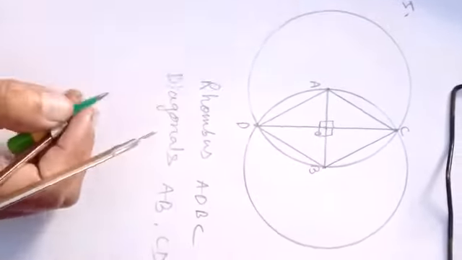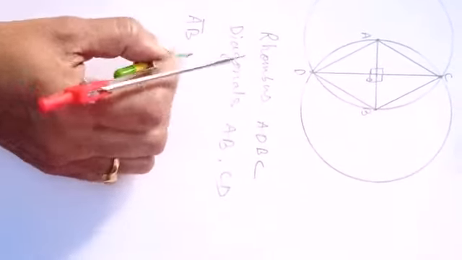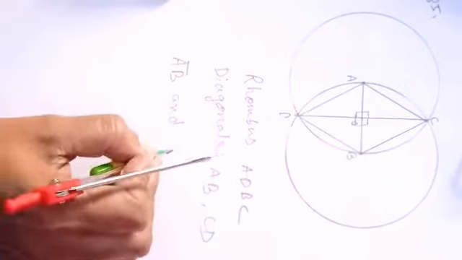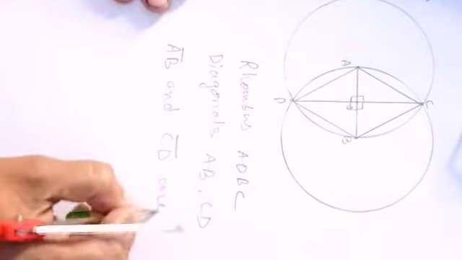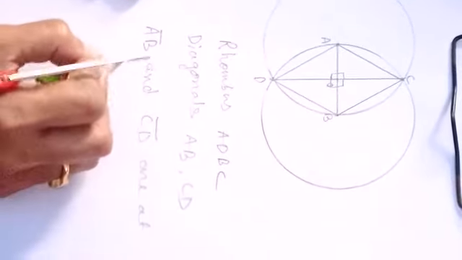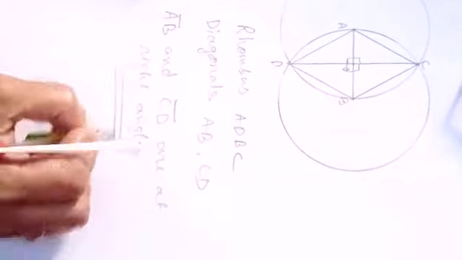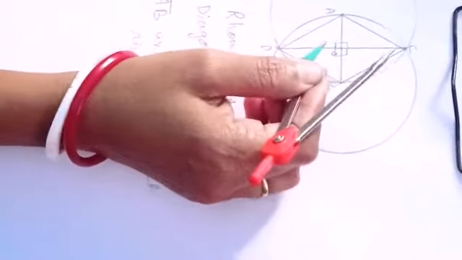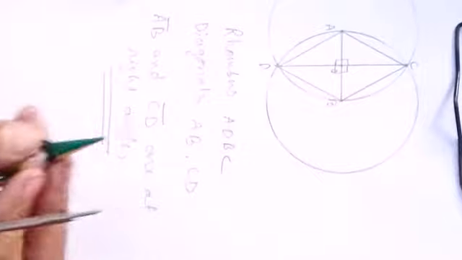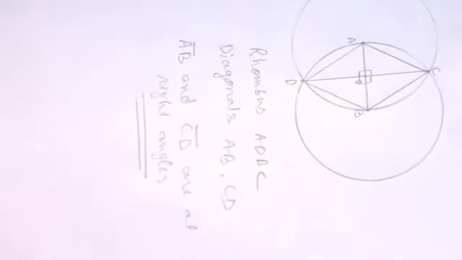So by that, here we can write that AB and CD are at right angles. And what has been proved by that? That means the diagonals of a rhombus bisect each other at a right angle. This is the main point we have observed in this question. So I hope you can solve the rest of the question. Hope for the best. Let's try.